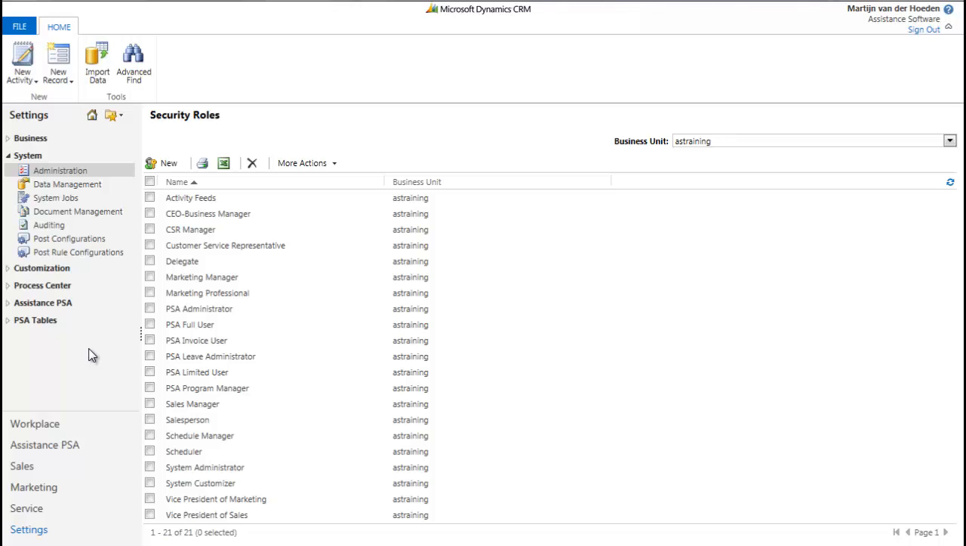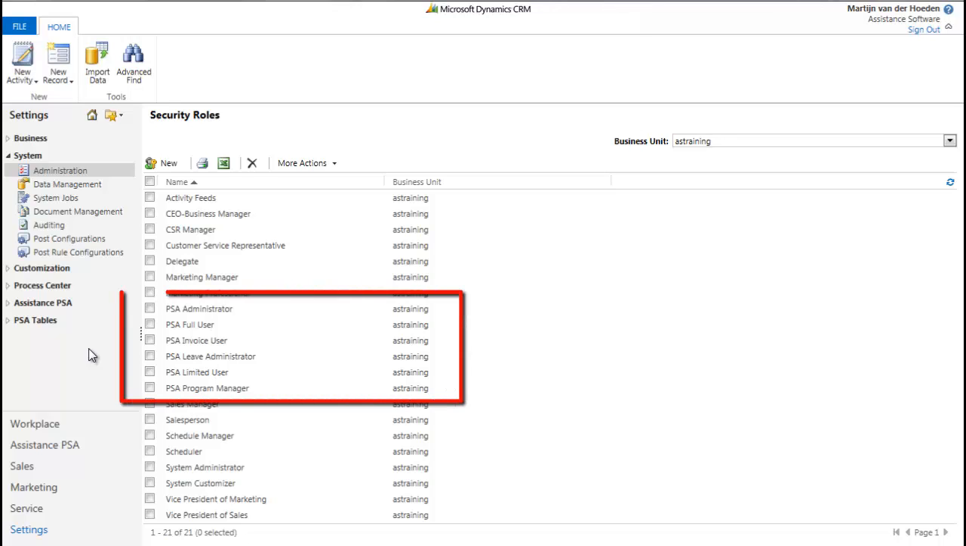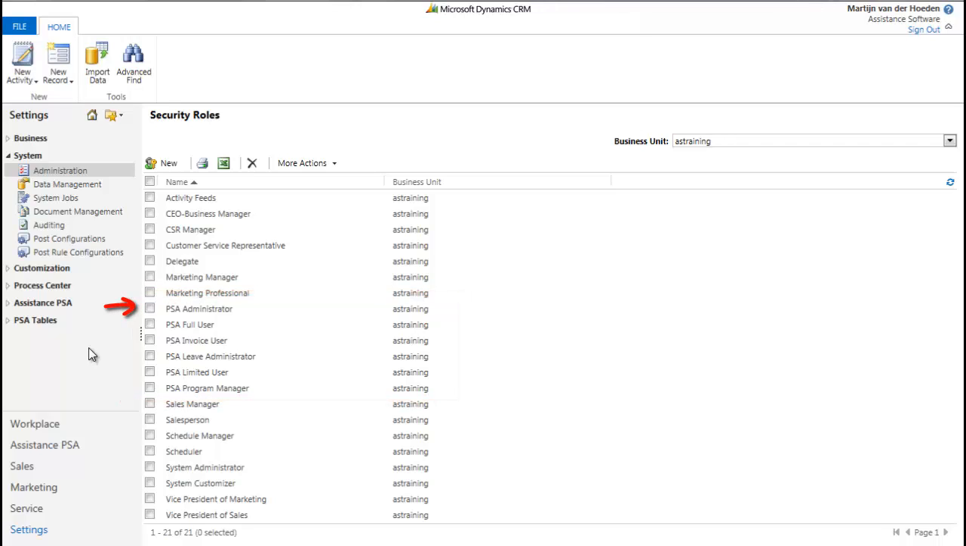related to Assistance PSA. Out of the box, PSA will provide you with 6 roles. Best practice will be to use them as the basis for creating specific roles for your organization. PSA Administrator, as its name implies, will give you full access and privileges to the solution. PSA Full User will give you full access to the solution but with restricted privileges with regards to the PSA tables. PSA Limited User will restrict the access to the Time and Expenses module of the system. Finally, PSA Invoice User, PSA Leave Administrator, and PSA Program Manager will respectively give specific access to billing, leave, and